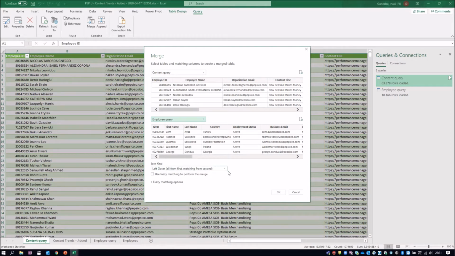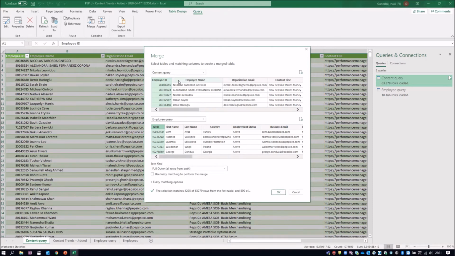We have both tables, and we're going to choose the join kind full outer. So this is going to give us all the matches between this table and this second one. I'm clicking here on the employee ID and the GP ID, which is going to be the key field to do the join between both tables. And I will click on OK. What is this going to do?